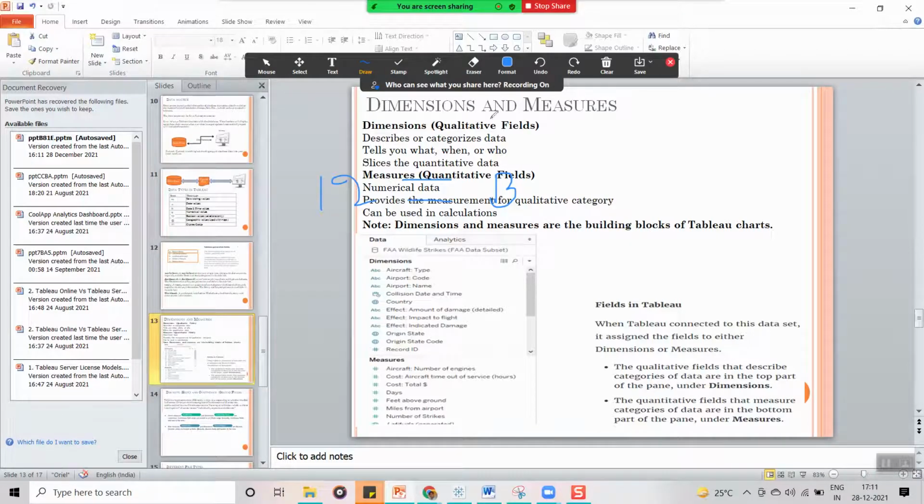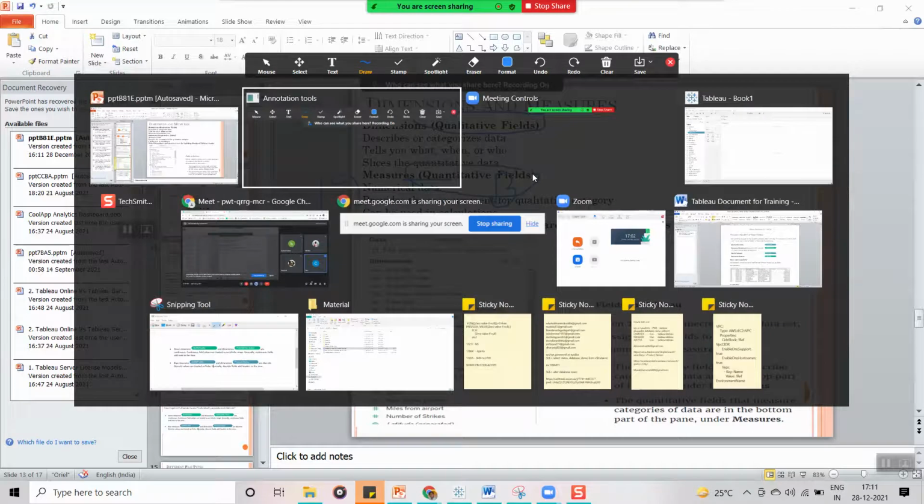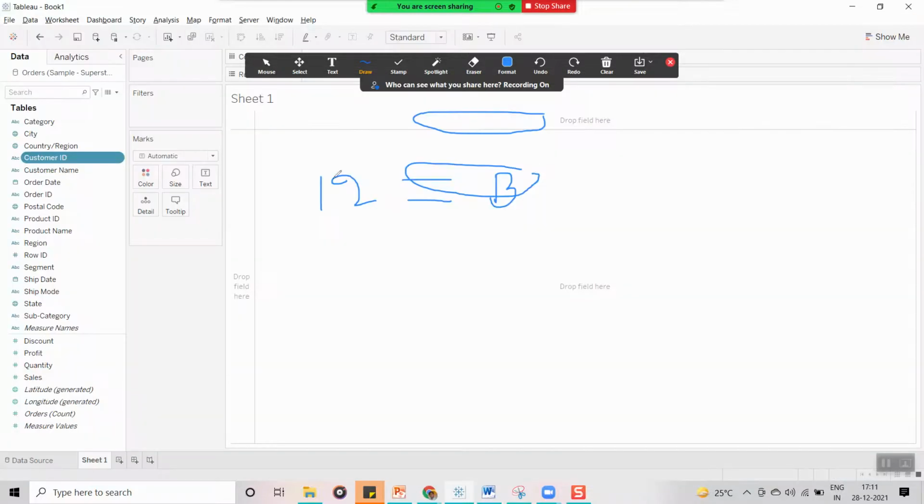All the dimensions are qualitative fields and all the measures are quantitative fields. In my example, what is the quantity? 12 is the quantity, and qualitative means banana.